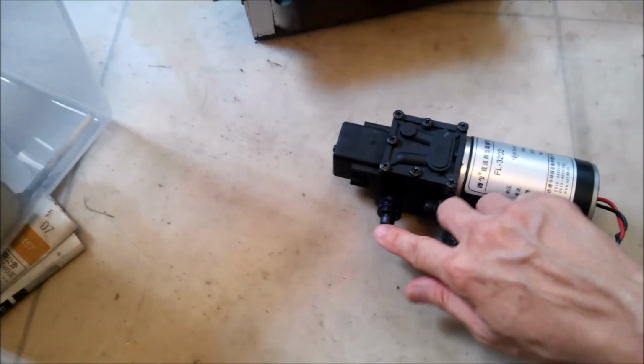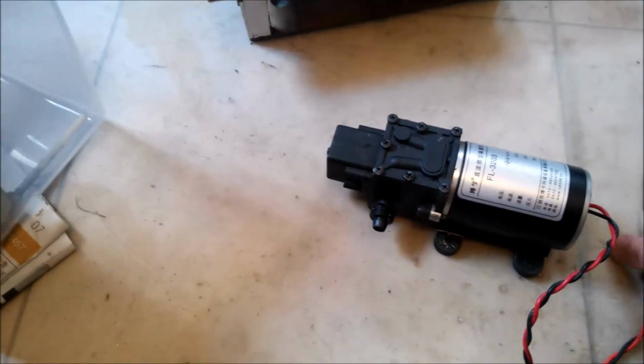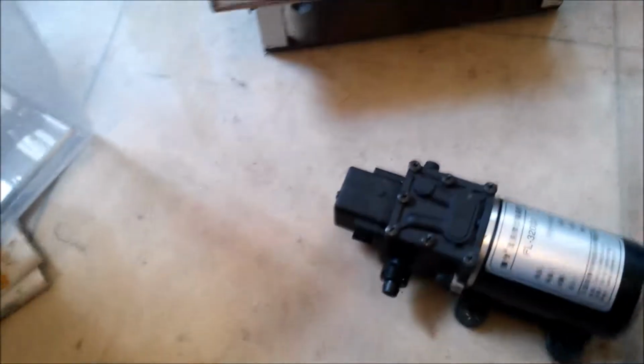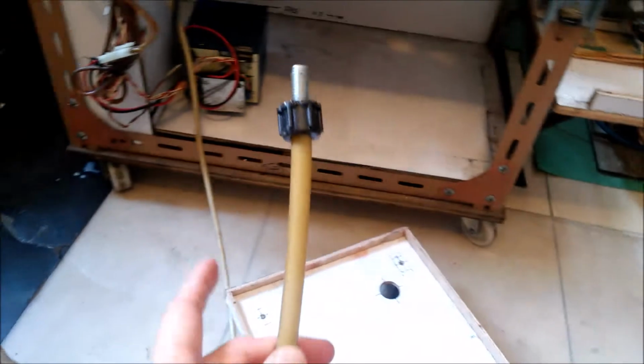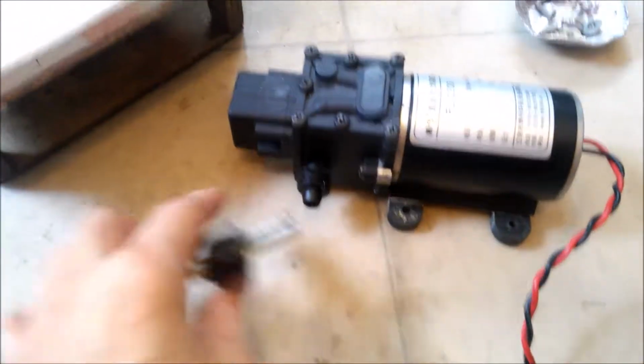This side is sucking, this port is coming out. And I have this tube. It connects out and connects to the nozzle there, and here I will connect this to the output side,